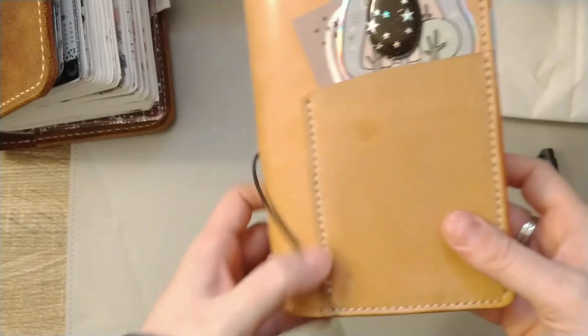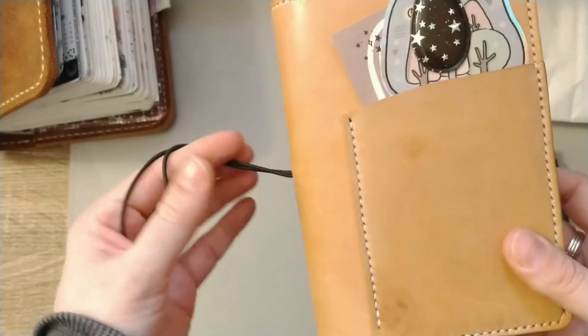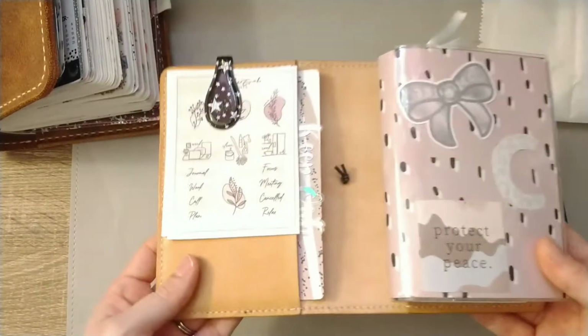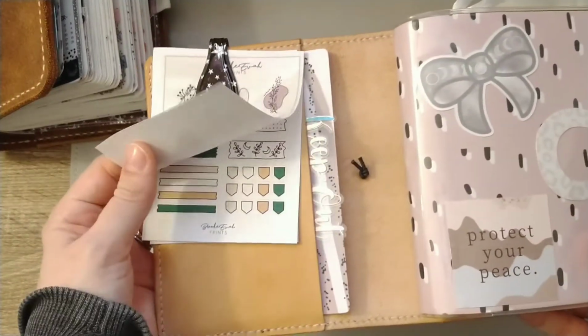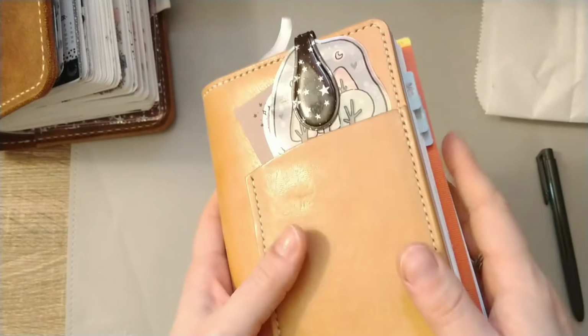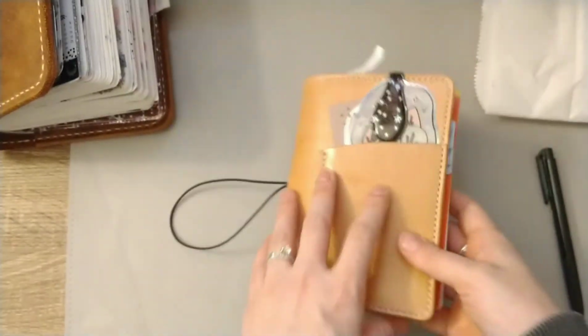I know they get dings after a while, but when they're brand new, it's kind of annoying. But I've just been living with it because this cover is more basic. It just has slip pockets front and back. But it has more than enough room for the Lauren Phelps cover to be on my Hobonichi, and it doesn't make it be weird like the Moterm. So that's what I'm using for now,